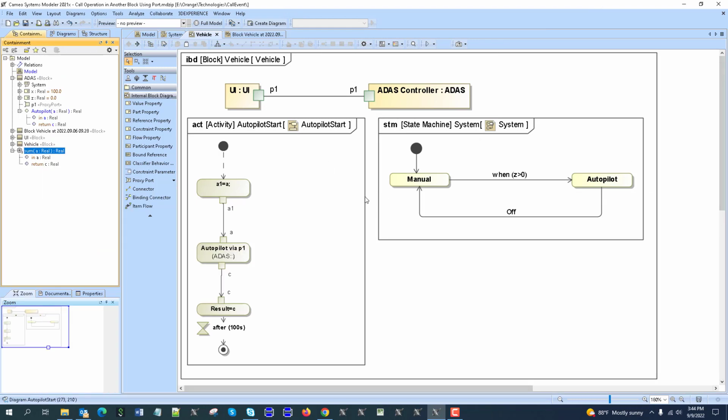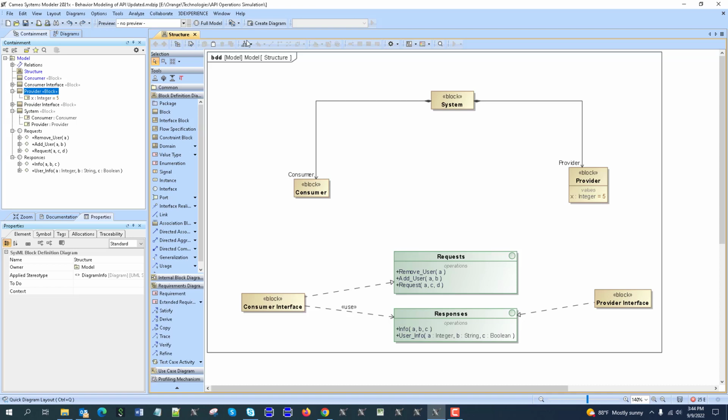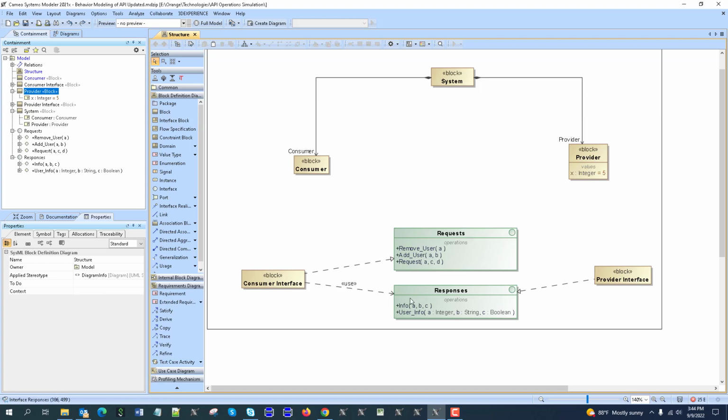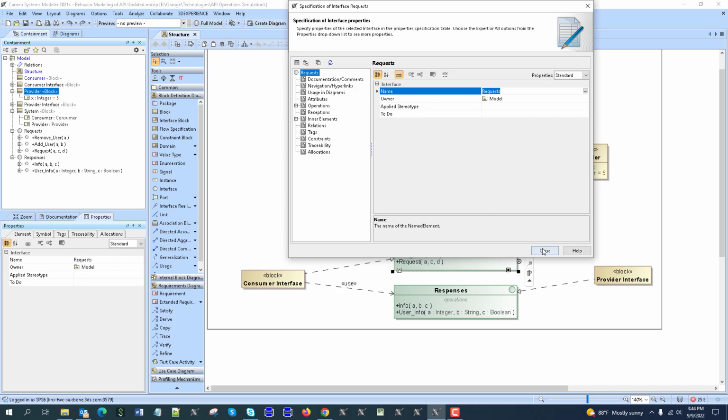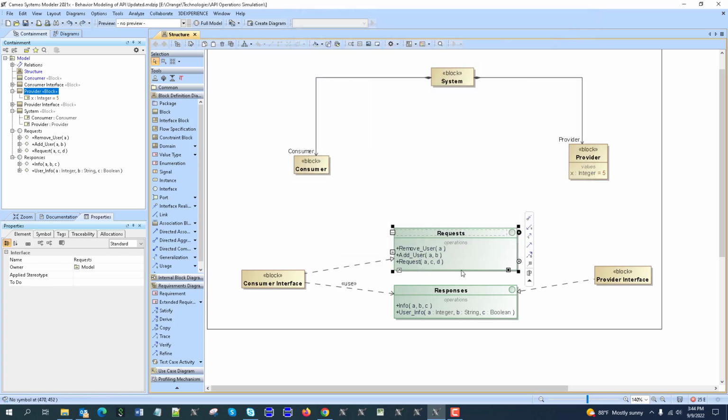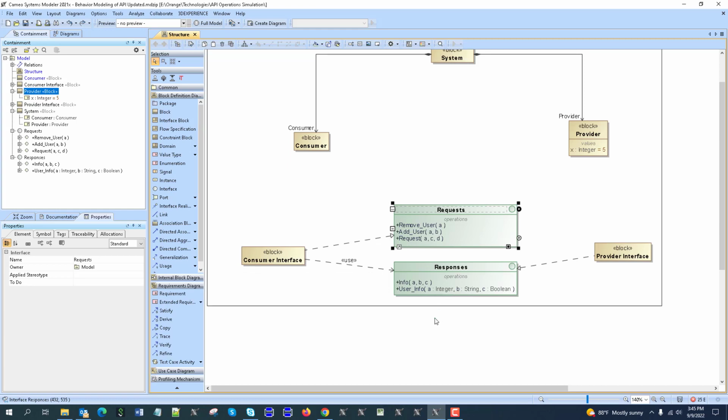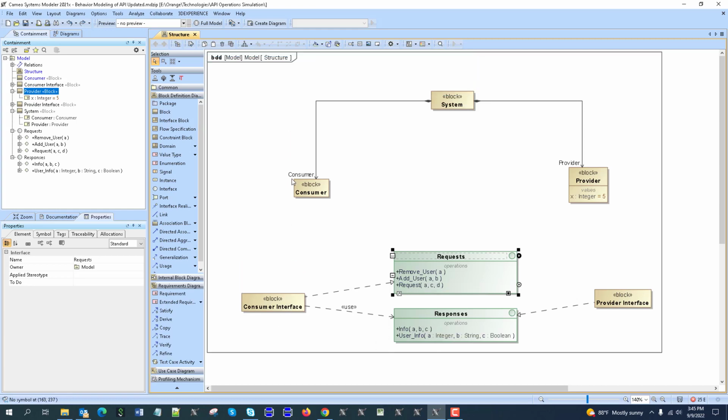Okay, now let's talk about a more advanced case. Here in this sample we have an interface definition, with an interface-specific element used. You see the interface. Here we define the operations. Those operations could be grouped based on the features, like here we have request operations and response operations. They are parameterized. And then we have a consumer interface and a provider interface for our system, which consists of a consumer and a provider. So provider has some